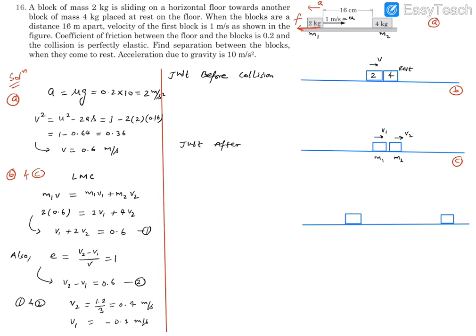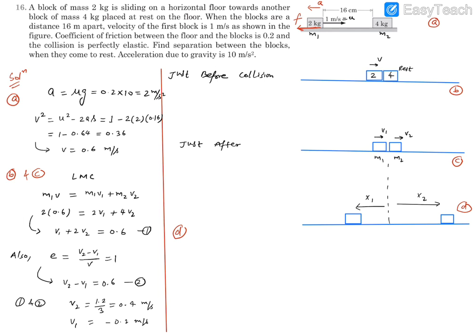Now this was the situation we started with. So let's say this is x1 displacement, this is x2 displacement. So we can find displacements 1 and 2, and then say what distance they are apart. Separation between the blocks is basically x1 plus x2. Let's call this picture the D figure. So we are going to solve for D.